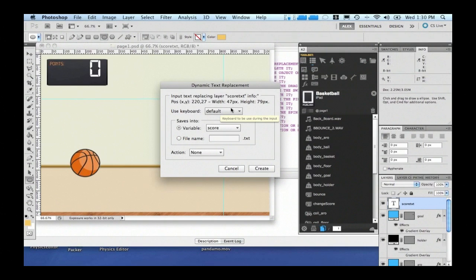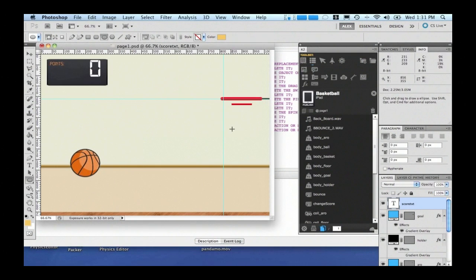And you also have the text entry replacement, which is pretty much, okay, I'm going to have a text field here, and I'm going to choose the type of keyboard that I want to show, and I'm going to save the entry in a variable or even in an external text file. And I can also say, okay, just after capturing the entry, what else can I do? Run an action, for example. This is going to be a really cool thing if you're creating, for example, a children's book and you want to capture the child's name. You're going to be able to do that. So this is the replacement area.